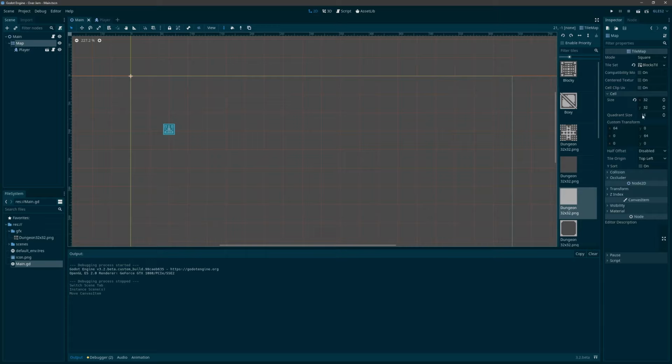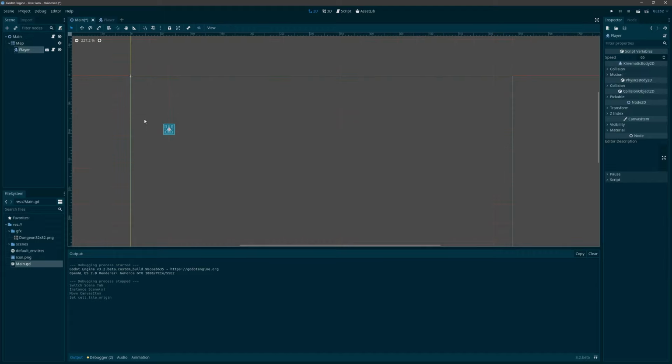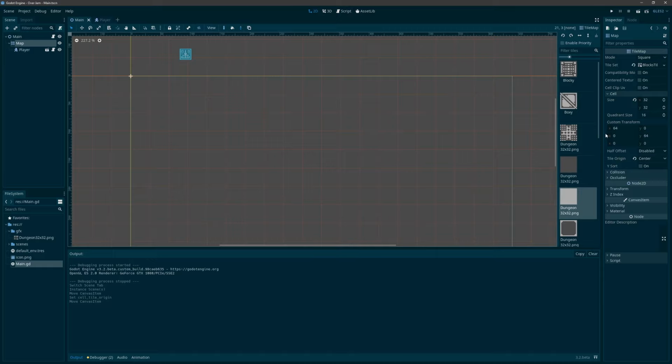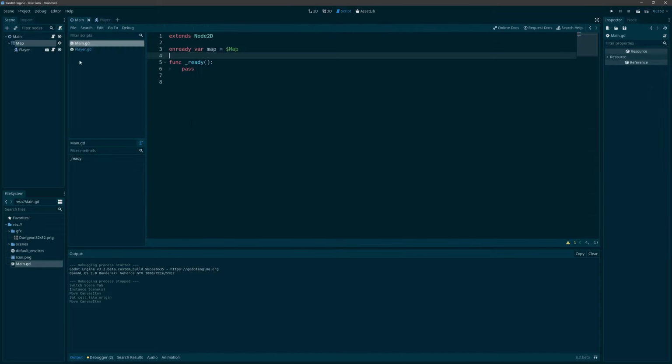Let's also look and see if our half offset... I think I want our tile origin to be in the center, actually. That way, this guy will work like I think I want him to. Let's actually, on second thought, move the player off the screen over here. And we want to deal with this map. So we'll go back to the main here, and let's just have a function called fill map, and we'll say